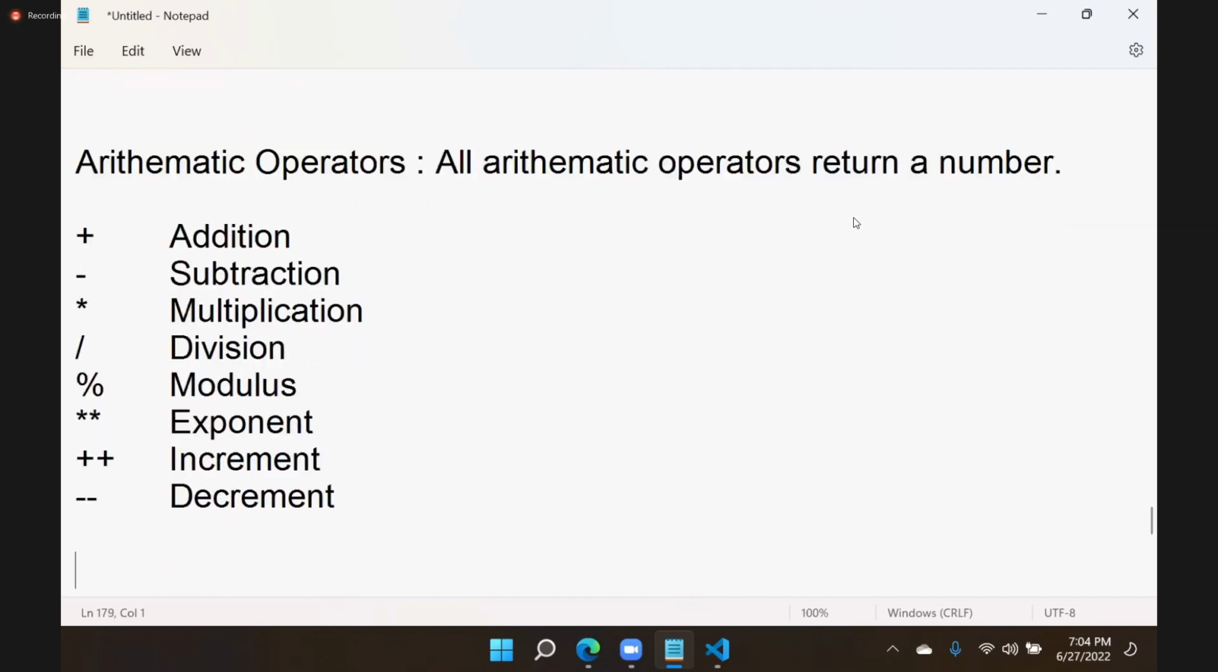Arithmetic operators: addition, subtraction, multiplication, division, and all. These operators are very much required, and all of them return numeric values. But importantly, they are required depending on the situation. Many times people have a doubt, because to handle arithmetic operations, JavaScript provides